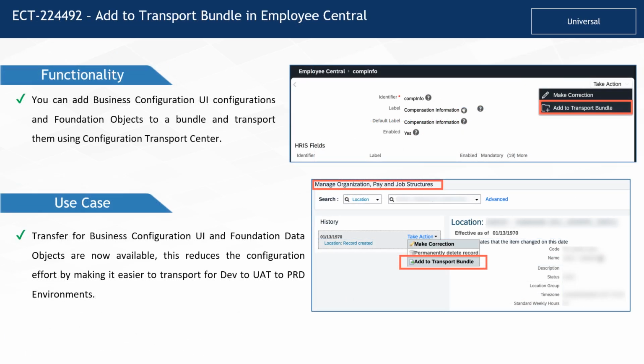Add to transport bundle in Employee Central. With this new feature, you can add business configuration UI configurations and foundation objects to a bundle and transport them using Configuration Transport Center. The add to transport bundle option is now available for business configuration and foundation objects. This enhancement aims to eliminate manual configuration effort in the target system. With this help, now the admin users can actually move the configuration from dev to test and from test to production by creating a transport bundle. Moving on to the next feature,